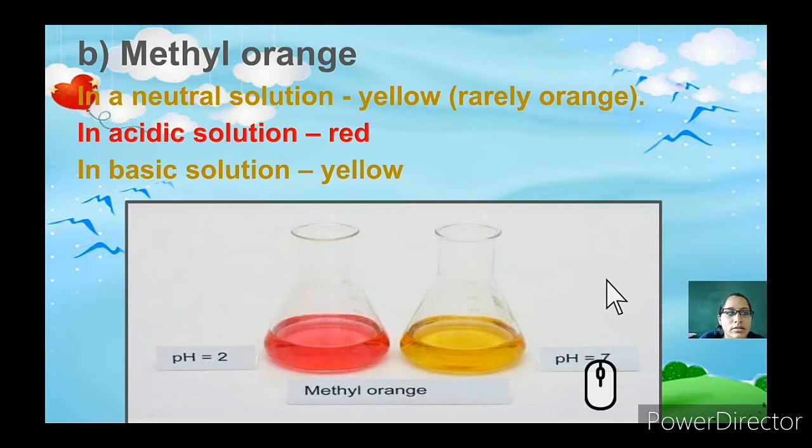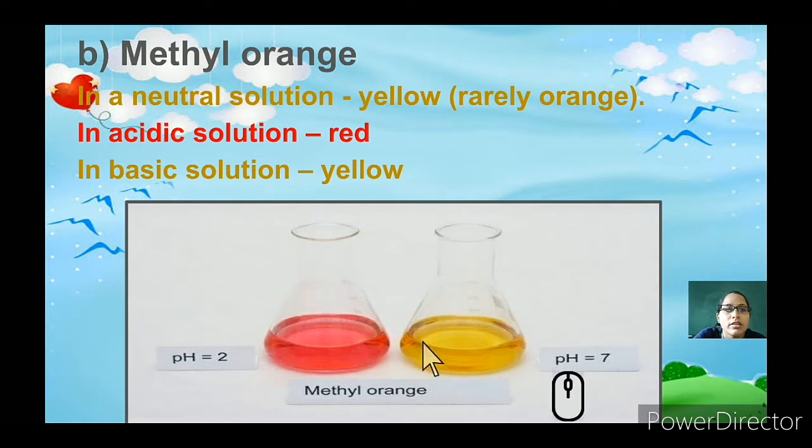The next indicator that we would be using to understand whether the given solution is an acid or a base is methyl orange. Here in the figure you can see that a solution which turns red when added with methyl orange is an acidic solution. As in the previous litmus paper test, where acidic solution turns blue litmus red, here also the acid turns red and the pH will be less than 5. Here the pH is given as 2.